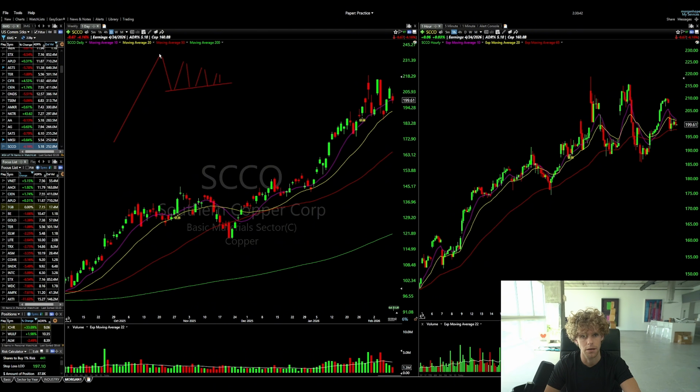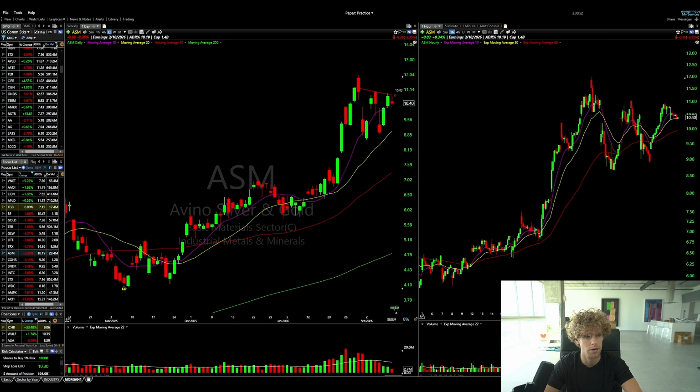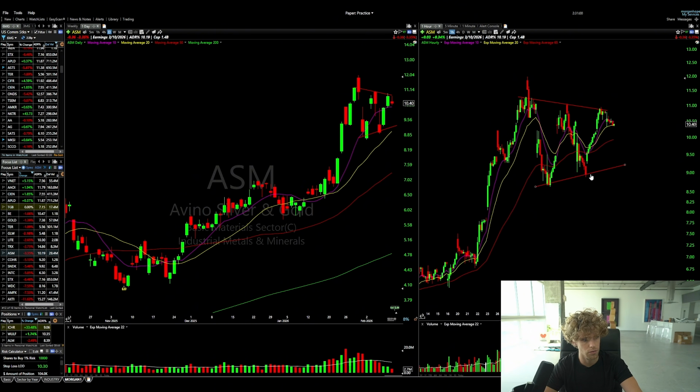And it just creates these higher lows and lower highs. And that's kind of what we're getting here. Not the prettiest version of that, but somewhat, right? I think ASM is a much cleaner version of that, as far as how it's starting to look, but it needs some time, right? Like if we look at this thing, I mean, it looks like the range is almost